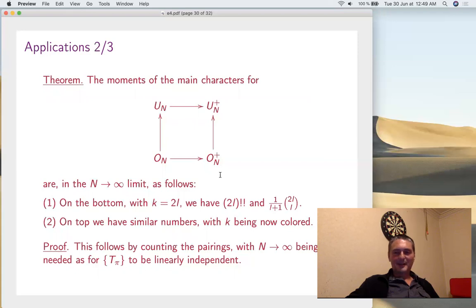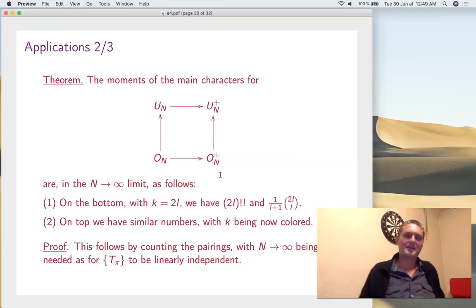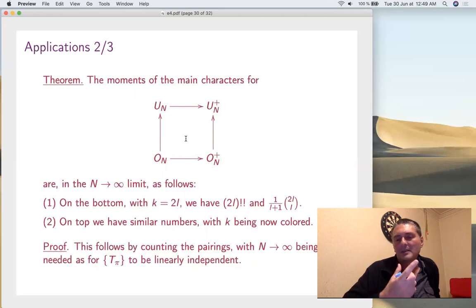Now, let's go to characters. That's the nicest part now. All this was algebra, somehow philosophy. Let's go into tough analysis very quickly. We'll be back to all this in the next lectures. So let's compute the main characters for these quantum groups. The point is that the moments are just the dimension of these Hom spaces, which are now spanned by partitions. That's easiness. The problem is that at N fixed, these partitions are not linearly independent, but if you work a bit with N going to infinity, they become linearly independent. So finally, it's just a matter of counting partitions.